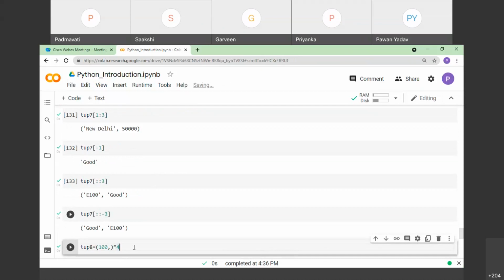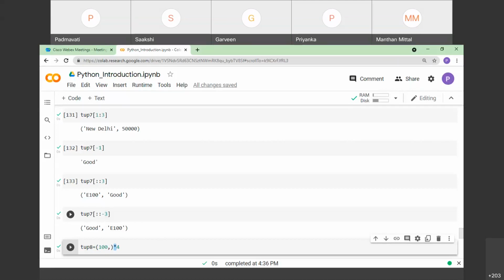Fine. So the next one is the repeat operator. Here the repeat operator is indicated with the help of the star, the multiplication symbol, used with an integer value. Initially, you have taken a tuple comprising a single element, 100, and later you have used the repeat operator. Here it is not multiplication.